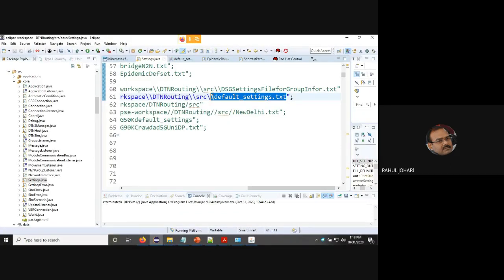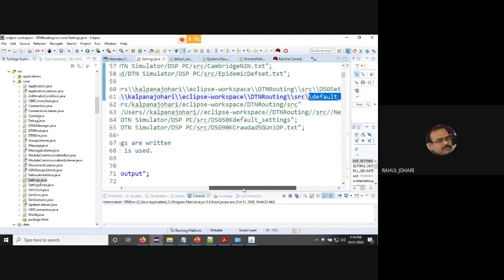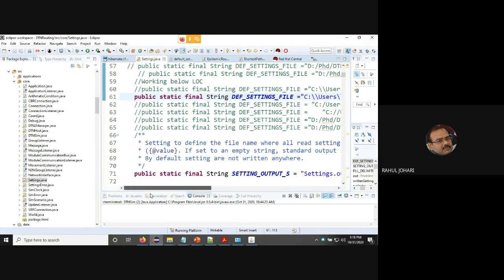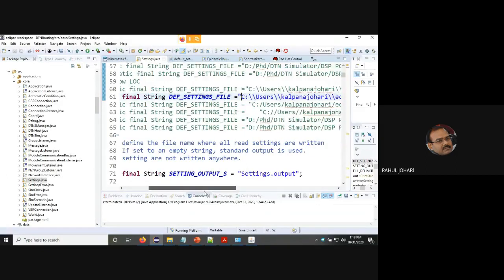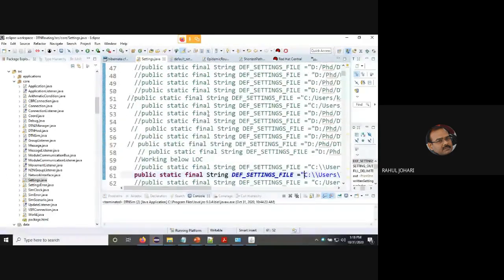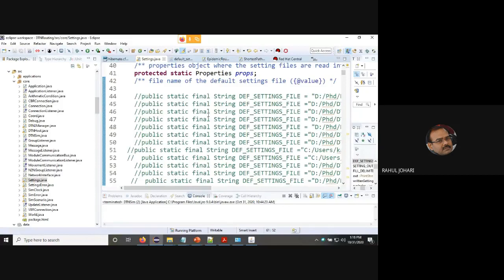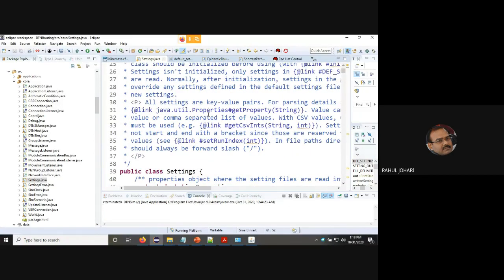Now once you install and configure it on your system, there has to be a location where this file is present. So you just have to right click on the default setting file. It will give you a location and then you paste this location here so that your currently active file gets activated. Because here you can see many things are comment entries because I keep on carrying out certain changes. So in the changes the default setting file values get changed, so you can update the change and then carry out the new change into your old settings.